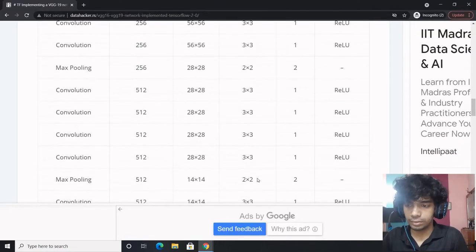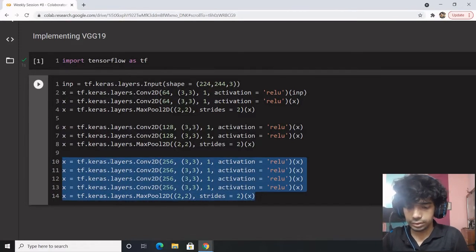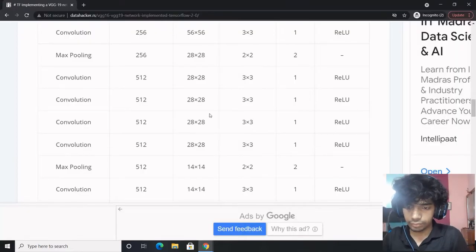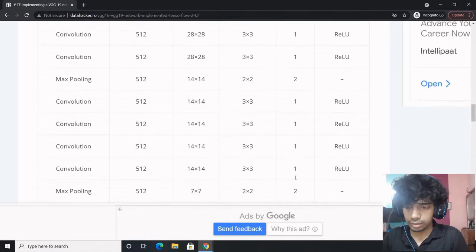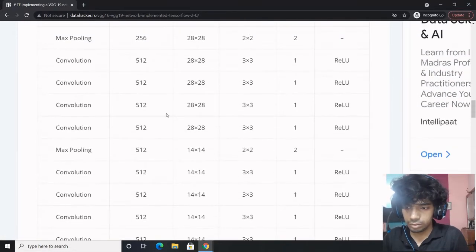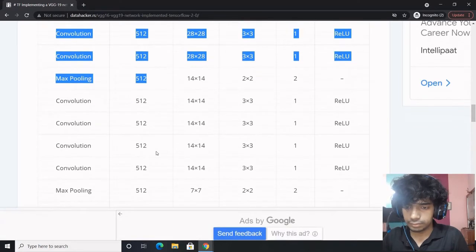Now let's move on to another part where the number of filters increases to 512. We have 3 cross 3 and 2 cross 2. Perfect. Then the 512 repeats itself again.